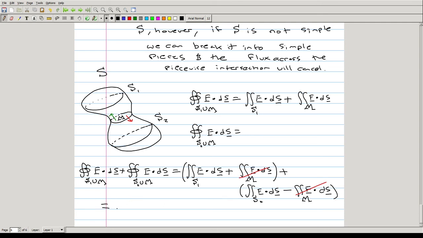So this is just equal to the total surface integral over S itself, or S1 union S2,